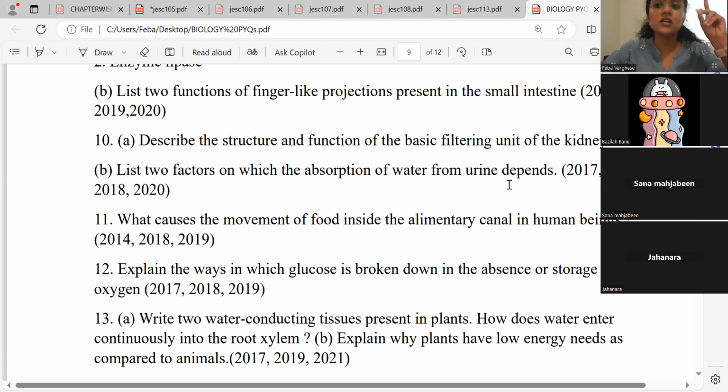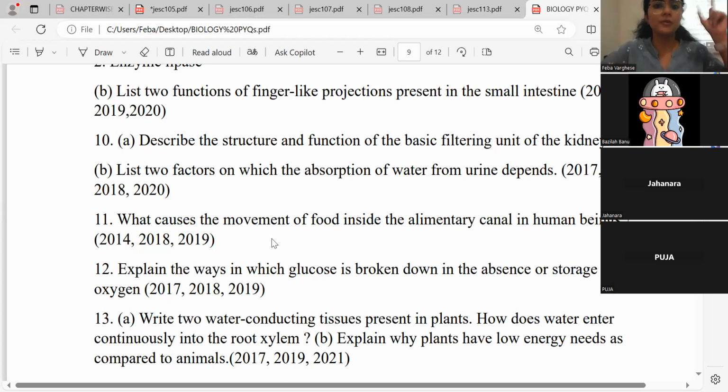The amount of waste to be decreased. The requirement of our body. Yes. Then, yeah, Jahanara: amount of dissolved waste materials in the body. Okay, these are the two factors that are going to determine how much water should be absorbed back into us. If there are lots of waste materials, the water has to be eliminated so that that much amount of urine can be eliminated. And if your body is deprived of water, if it requires more amount of water, reabsorption